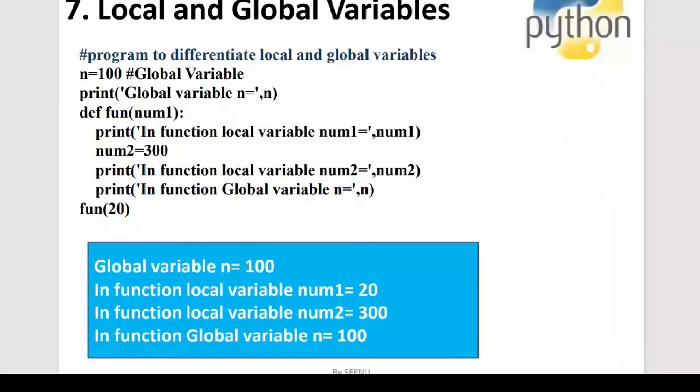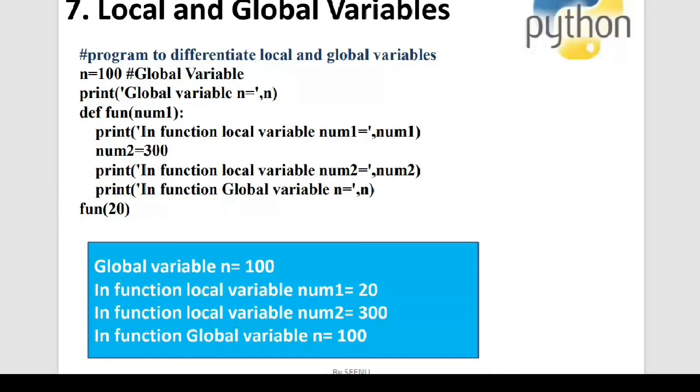This n is equal to 100 is not declared within a function. So automatically it is available throughout the main program and also to the function. I don't need to give a global keyword before n is equal to 100. All the programs that we have seen so far without functions, all the variables are global variables. Even if you don't mention global in front of this particular n, it is considered to be global.